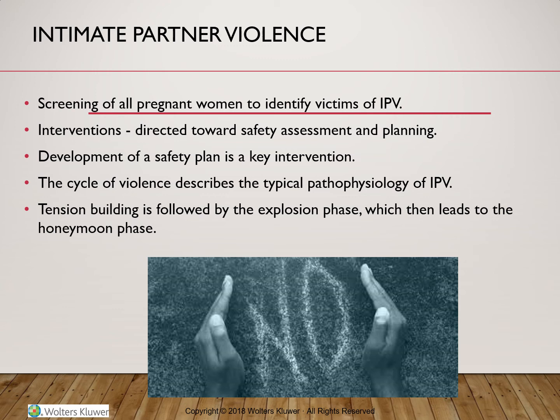She needs to have important personal documents readily accessible, such as birth certificates, driver's license, bank account information, important phone numbers, court documents, and copies of utility bills. And the most important thing is to make sure that our patient has identified a safe place to go. That can be a women's shelter or other safe place. And there are resources in the community that we can offer to our patients.